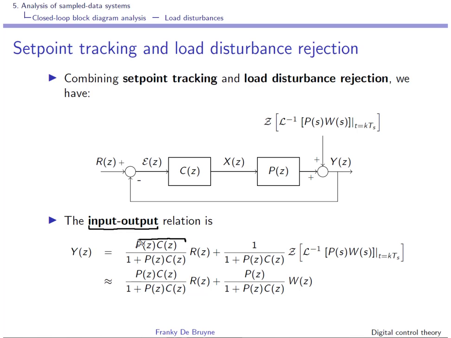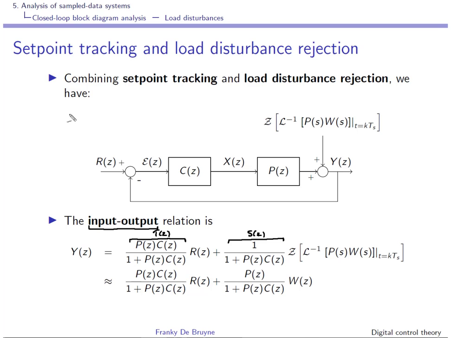This will be called the complementary sensitivity function T of z, and this will be the sensitivity function, and we'll come back to this later. It is very important that you are able to construct this kind of input-output relation. So for instance, to obtain the closed loop transfer function that goes from R(z) to Y(z), what you can do is just consider this closed loop with one input, so you forget this input over here, and then